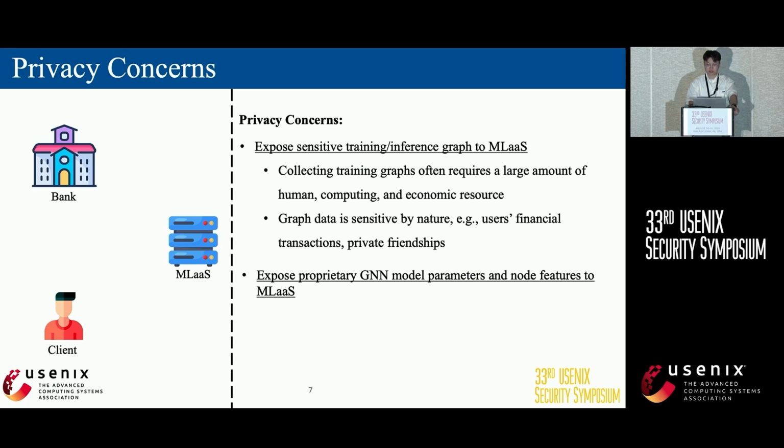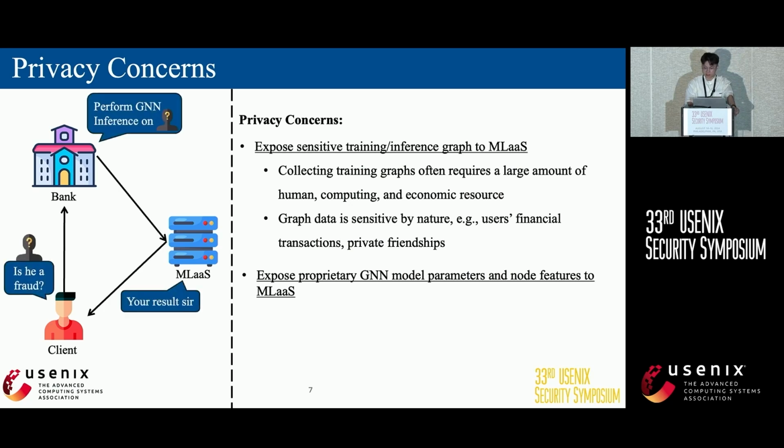Because of its outsourcing nature, if the inference services for GNNs on MLaaS platforms are computed without protection, we'll have two main privacy concerns. One is the leak of the client's sensitive information. Graph information usually requires a large amount of resources to collect. For example, it could be the sensitive chemical structure in drug discovery or the client's financial transaction histories in bank fraud detection systems. The second is the bank leaking its proprietary model, which is always considered a private IP, to the cloud service.